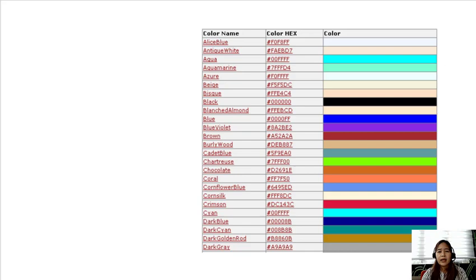So here is a slide which I actually retrieved from the previous video. If you want to use a color name, brown for instance, the equivalent to that in hexadecimal is A52A2A. And that last column is where you can find the color that will come out using that particular hexadecimal number. Now, moving forward,